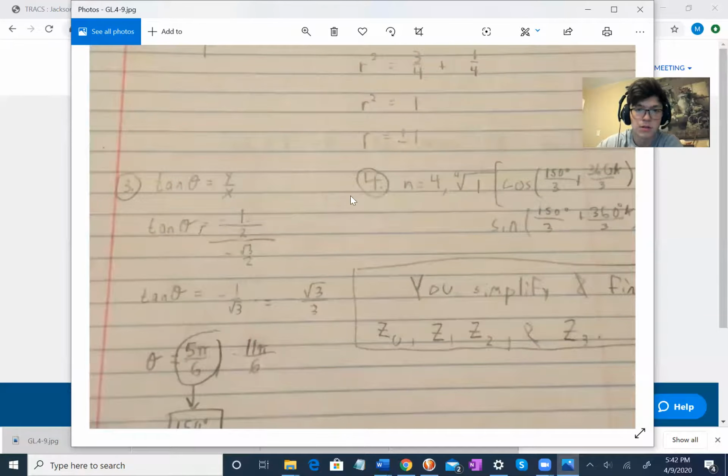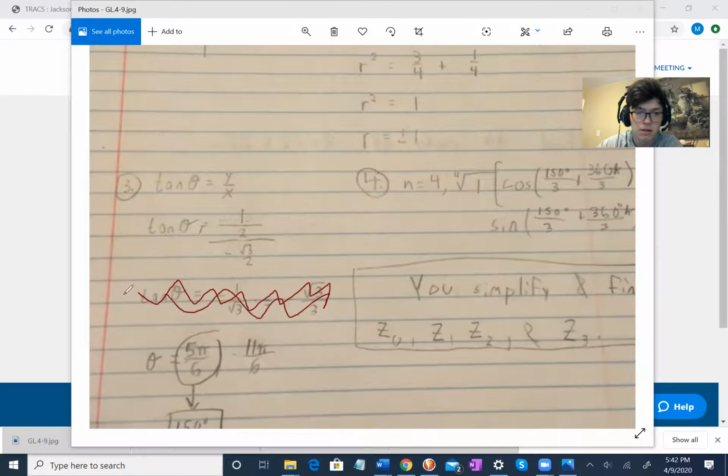You know, just for our sake, I think it would be easier for y'all to see this. Let's forget about this step here. Okay, so what we want to think is, what theta value gives me a positive 1/2 over a negative root 3 over 2? So if you go to your unit circle, let's draw this,